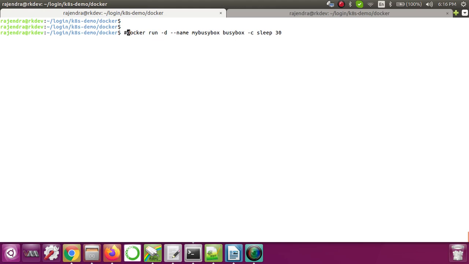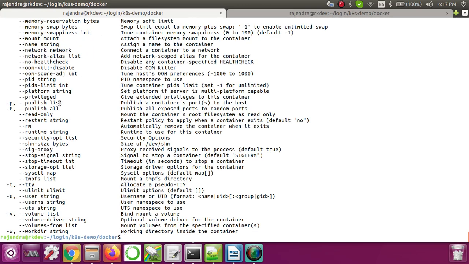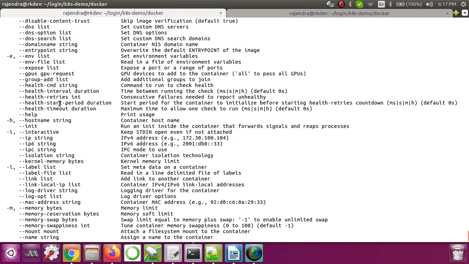If you want to see what this -c option is, let's see docker run --help. Here there must be one -c option, so let's see that.